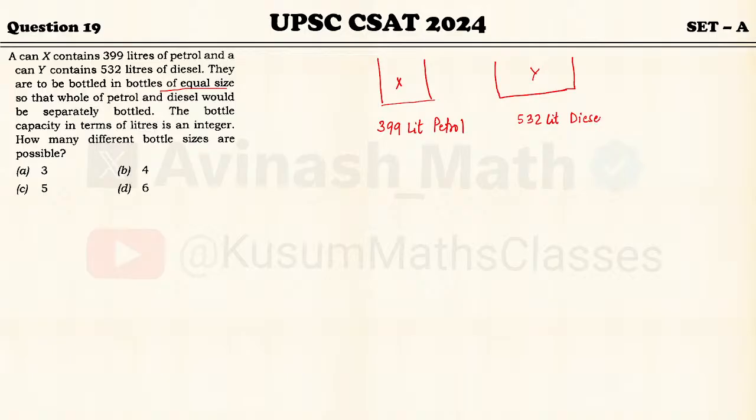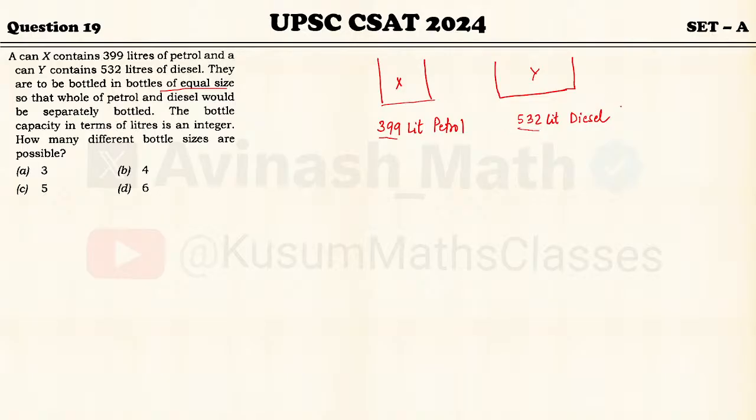It is to be bottled in bottles of equal size. तो इस केस में हमें 399 एंड 532 का HCF निकालने का है। इसका जो हाईएस्ट कॉमन फैक्टर आएगा, फिर हम देखते हैं कि इसका आंसर क्या हो सकता है।